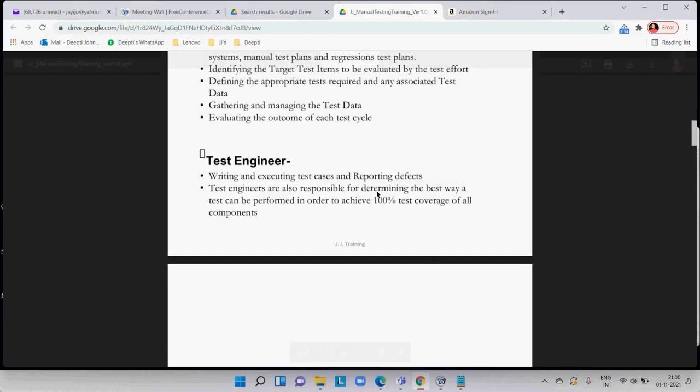Now, the roles and responsibilities of a test engineer or a QA like you and me are to write and execute the test cases. I already showed you the test cases. Different organizations follow different patterns, but by and large they follow a similar pattern, where we have the test case ID, the summary of that particular test case, and a detailed description. Then the steps that need to be carried out for that test case to be executed on any browser or any app, and the expected result out of that test case. Okay, so if I go to my